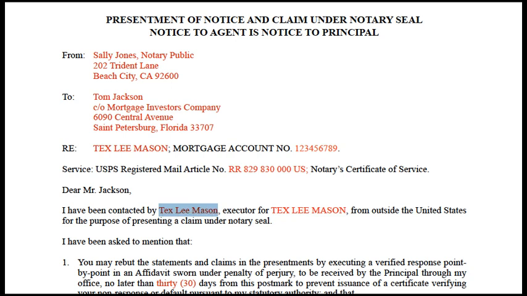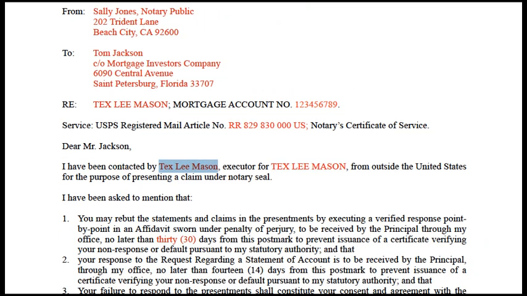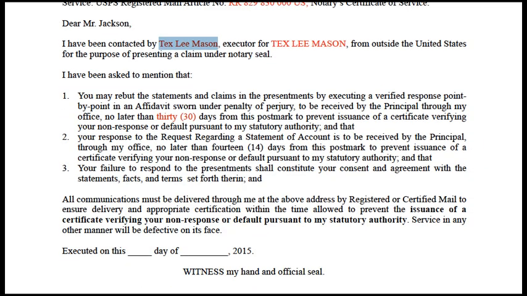Executor for the Tex Lee Masson, which is the trust or the estate, from outside the United States for the purpose of presenting a claim under notary seal. I have been asked to mention what the notary is stating. She has been asked to mention that Mr. Jones, the CFO, may rebut the statements and claims in the presentments by executing a verified response point by point